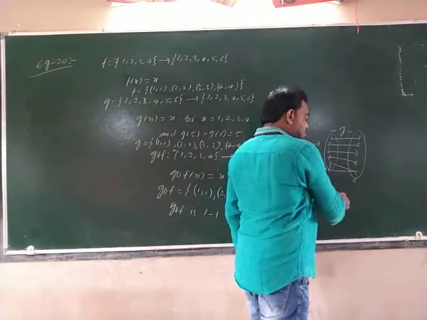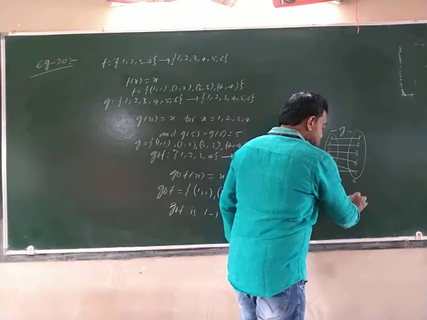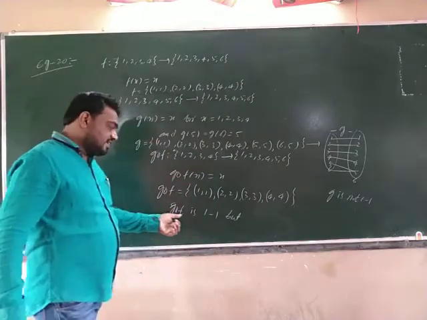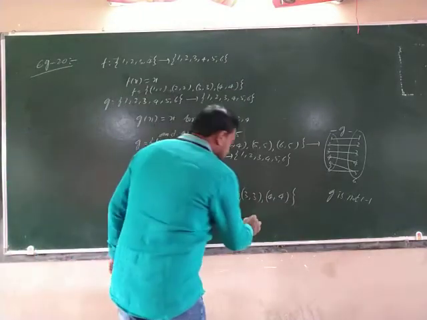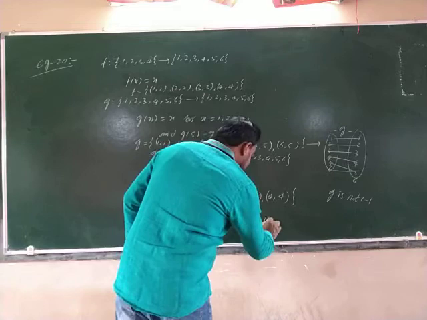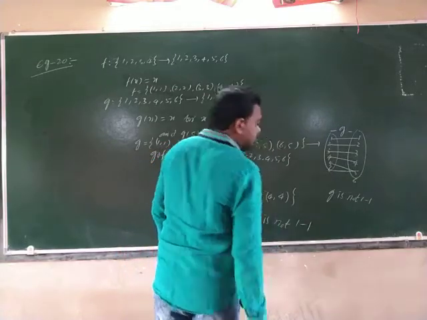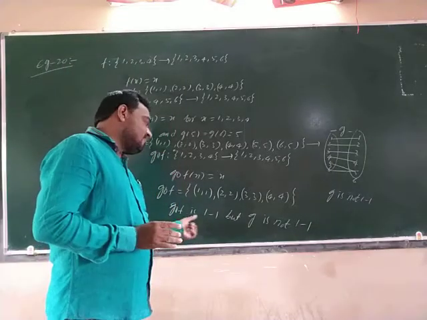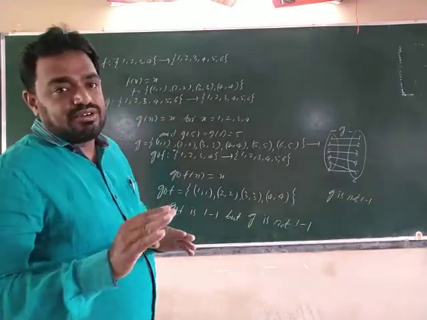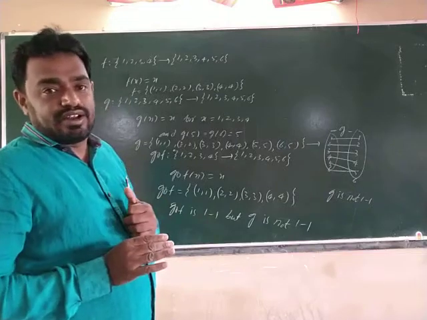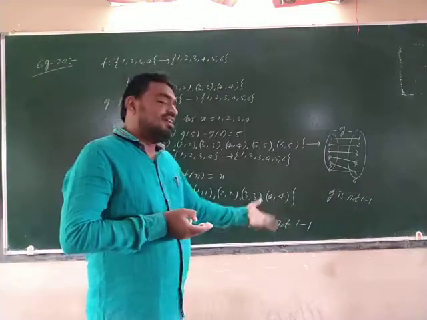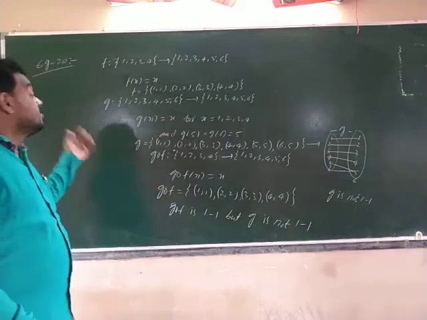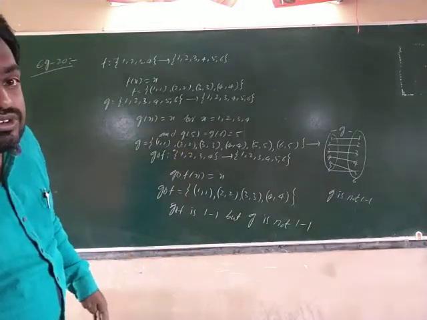Function G is not one-one. You see, G circle F is one-one, but G is not one-one. That means for G circle F to be one-one, there is no need for F and G to be one-one. Clearly here G is not one-one. This is our proof. Understood? This is example 20. Next, example 21.